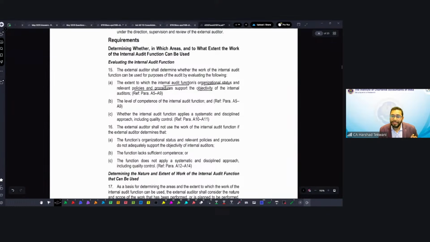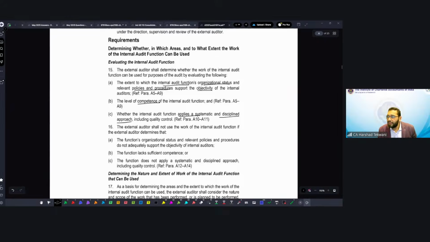What is the organizational status, objectivity, and policies and procedures of the internal audit function? Second, I need to look into competency, and whether they apply a systematic and disciplined approach or not. These are the basic things I need to understand first with respect to the internal audit. Now, if I determine that I want to obtain direct assistance from the internal audit, then in that case, what I need to do is,